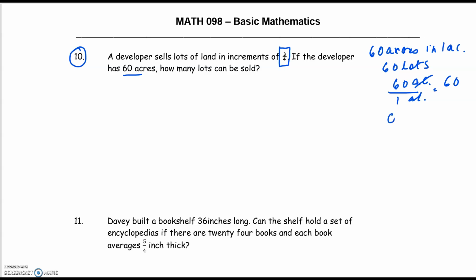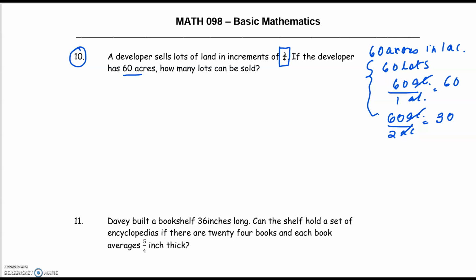What if I wanted to sell in 2 acre lots? In which case I would have to divide 60 acres into 2 acre lots. What that means is I'm dividing 60 by 2. The acres cancel, and I have 30 lots that are 2 acres each. So dealing with whole numbers is easier. So first explain the problem to yourself using whole numbers, and then the solution to the problem involving fractions becomes